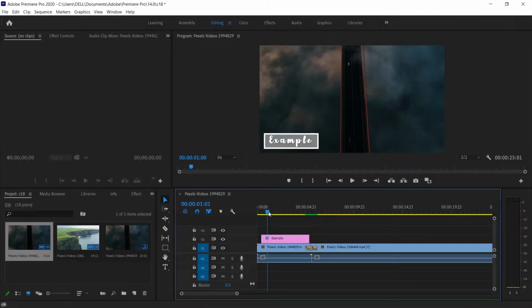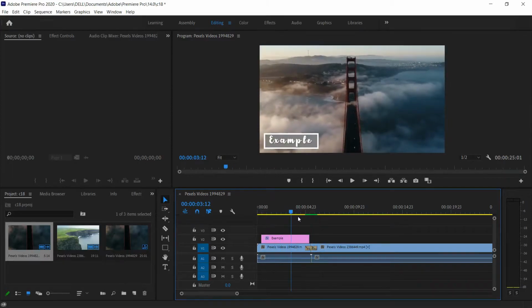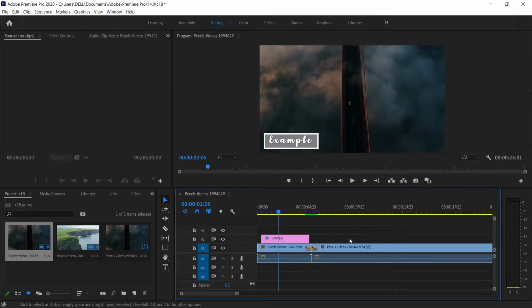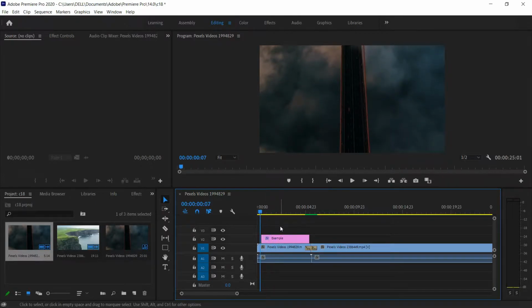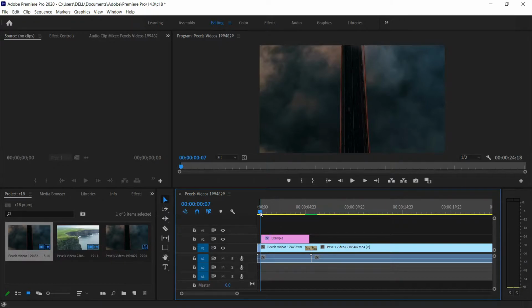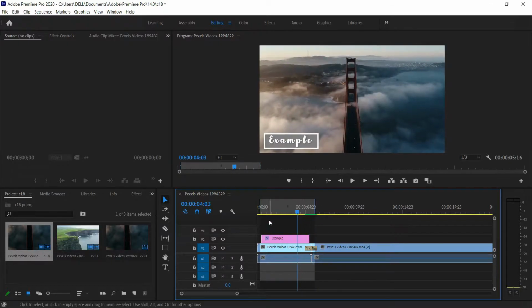Alright, here you can see that I've added some video clips, transitions, text, and finally I want to export it. For example, if you are going to export a small part of your video, you can drag your playhead and you can press the I key to set the start point and O key for the end point, just like we did in the source window. And remember that only the selected part will be rendered. If you want, then you can drag this to extend.